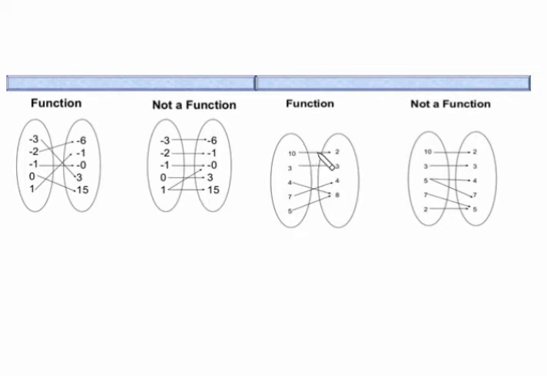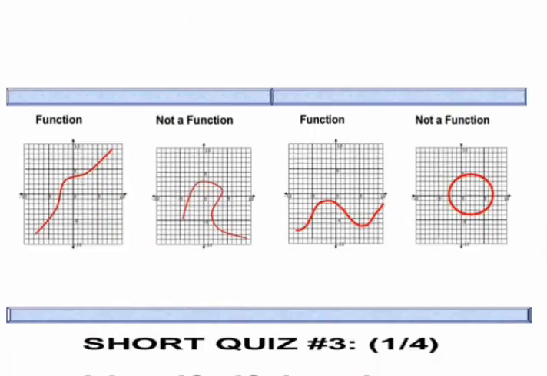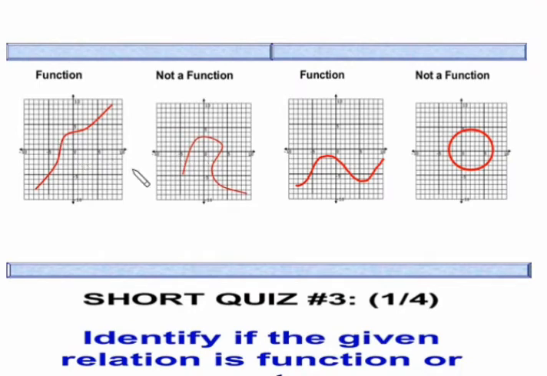In this example, each and every element has an individual pair, and 4 has 2, and 4 is also paired with 8, and 5 is also paired with 8. So yes, two different inputs may give the same output. That's why it is a function. The other is not a function, for the same reason: a single input never gives different outputs. Okay, now see more examples. So based on it, for clarity, this is the graphical way to represent the data.